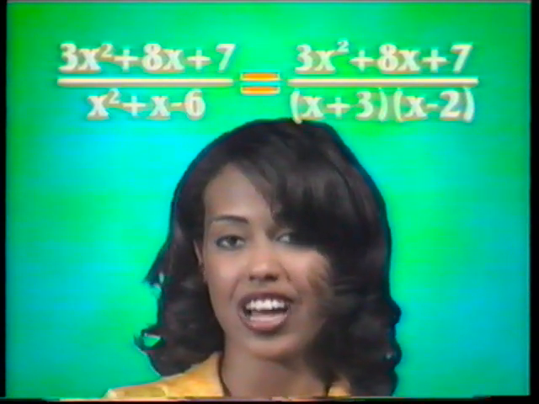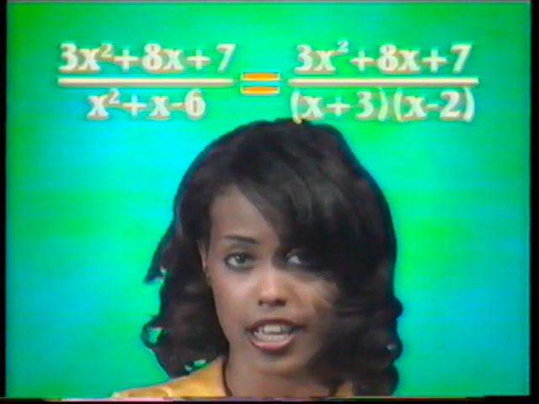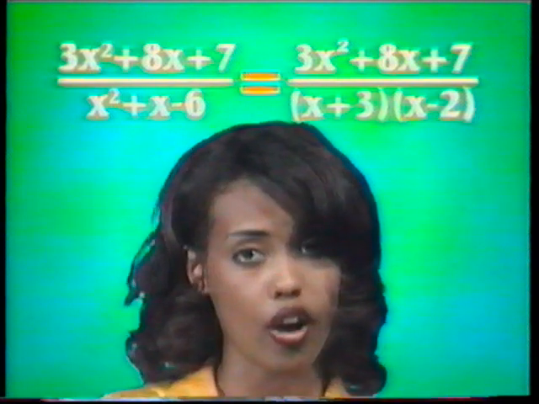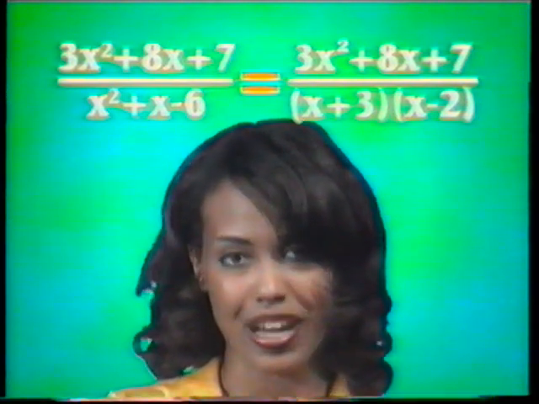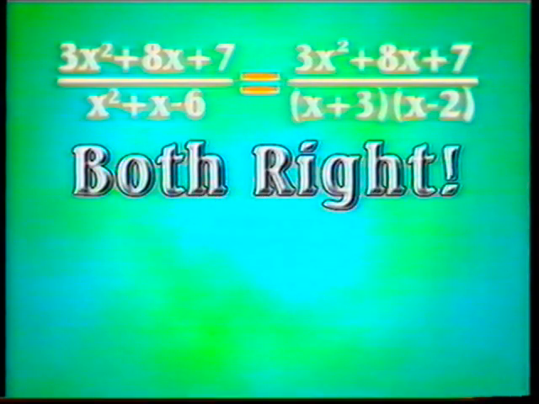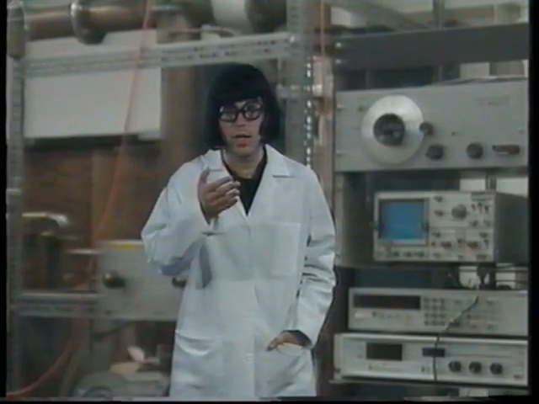So, we can use either x squared plus x minus 6 as the denominator or x plus 3 times x minus 2. Either form is correct. You already know that the process for subtraction